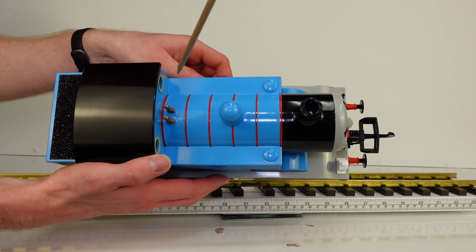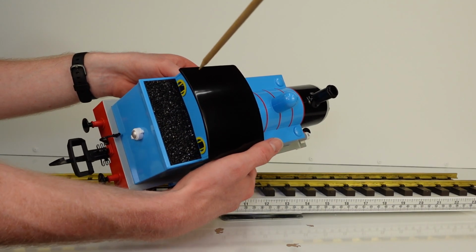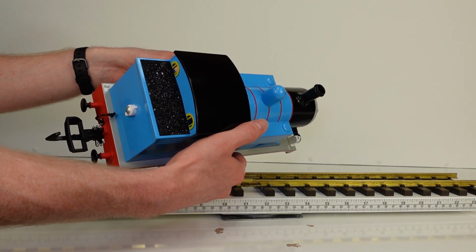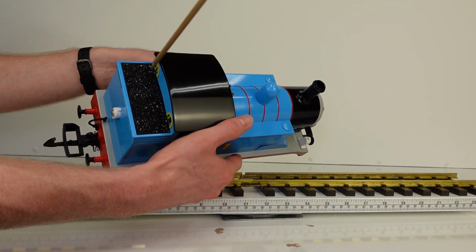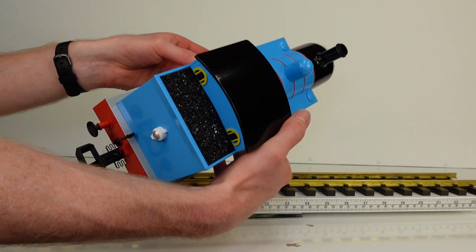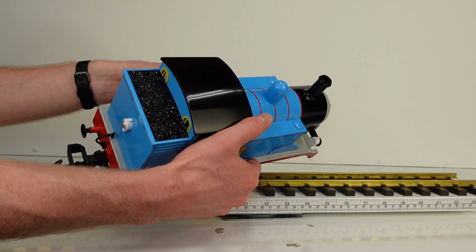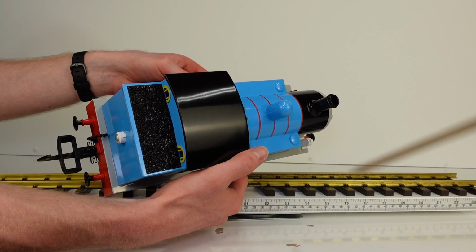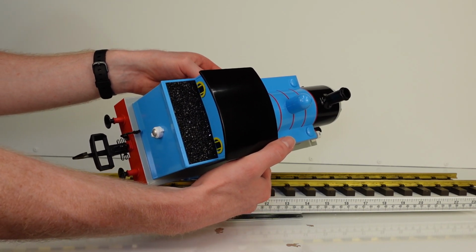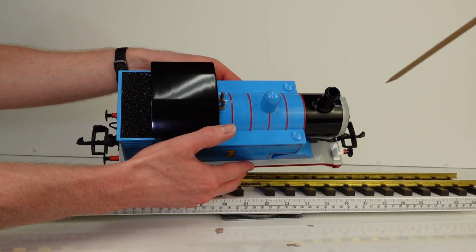But from the top, we'll work from the back to the front. You've got the couplers back there, kind of in profile. You've got the coal bunker here, just full of coal, and it's got those kind of sparkly sides to them, which, if you've ever had a chunk of coal in your hand, you know that when it's broken up, there always seems to be a side that's kind of shiny, and that emulates that pretty nicely. You'll see here the black painted roof, of course,